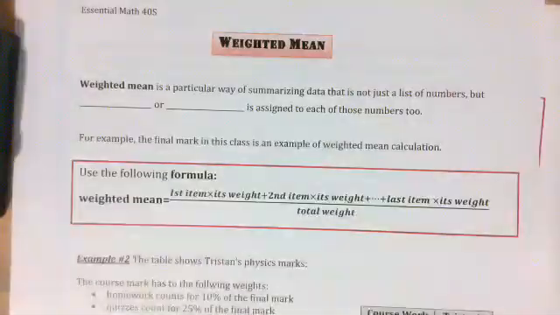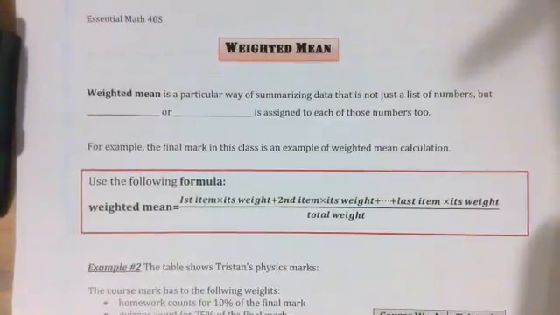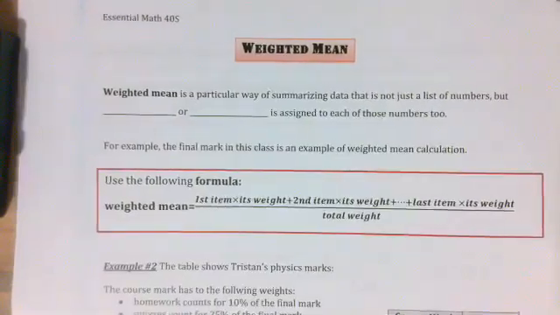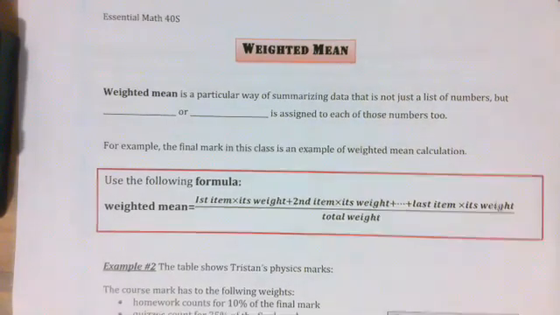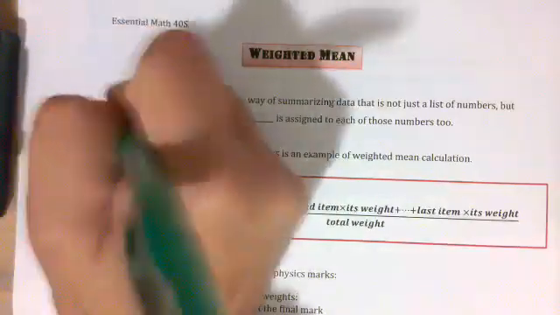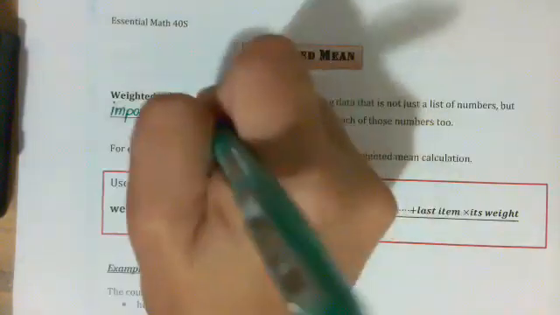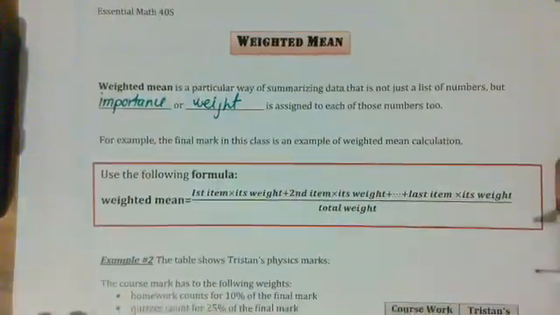The next one for today would be weighted mean. A weighted mean is a particular way of summarizing the data that is not just a list of numbers, but we actually assign to the data a certain importance or weight. For example,